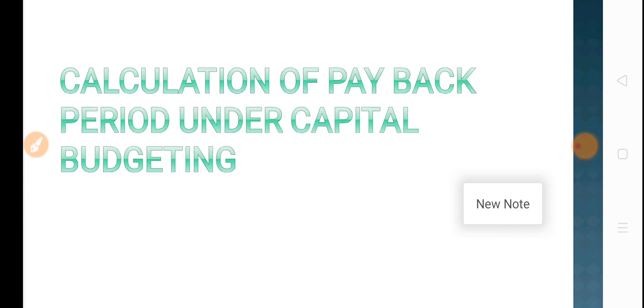An important step in capital budgeting is to determine which investment opportunity is most profitable. The procedure adopted for this is known as project appraisal. They have mainly two kinds of project appraisal techniques: non-discounting technique and discounting technique. Payback period is one of the non-discounting techniques. Payback period means the length of time required to recover the initial cost of the investment.